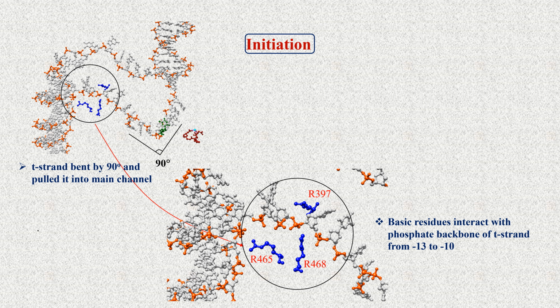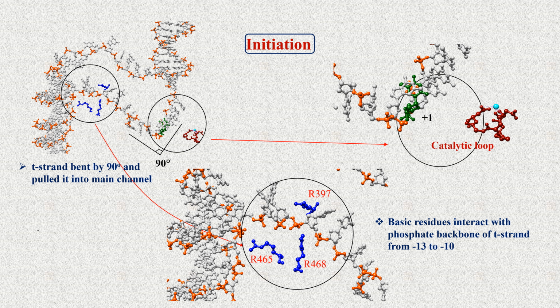This action puts the DNA at the +1 position into the catalytic center. Now that a 12 to 15 nucleotide long transcription bubble is formed and the start site is in an appropriate position in the active center,